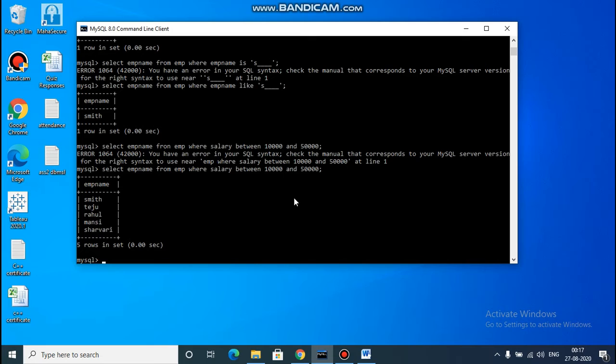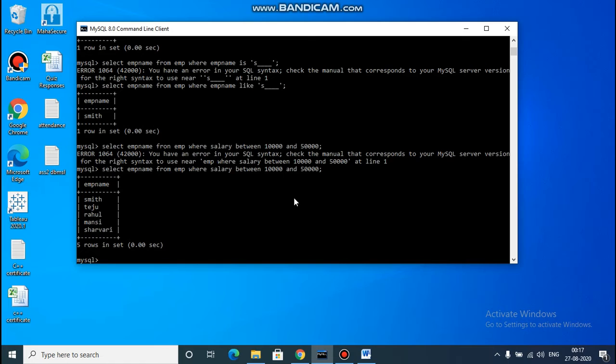Okay, so DML query is update the salary of employee to 70,000 where job is manager. Means we have to update the salary of managers to 70,000.